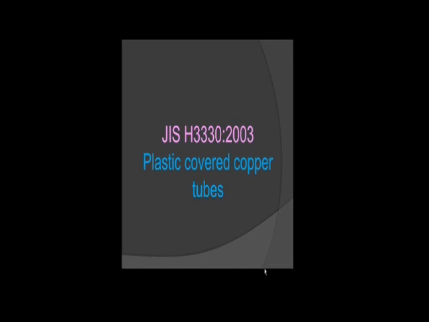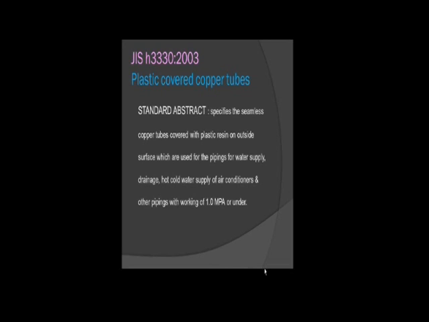JIS H3330-2003 covers plastic covered copper tubes. Plastic covered copper tubes specifies the seamless copper tubes covered with plastic resin on the outside surface, which are used for piping for water supply, drainage, hot-cold water supply of air conditioners, and other piping with a working pressure of 1.0 MPa or under. Plastic covered copper tubes was established on December 12, 2000, confirmed on October 1, 2008, and revised